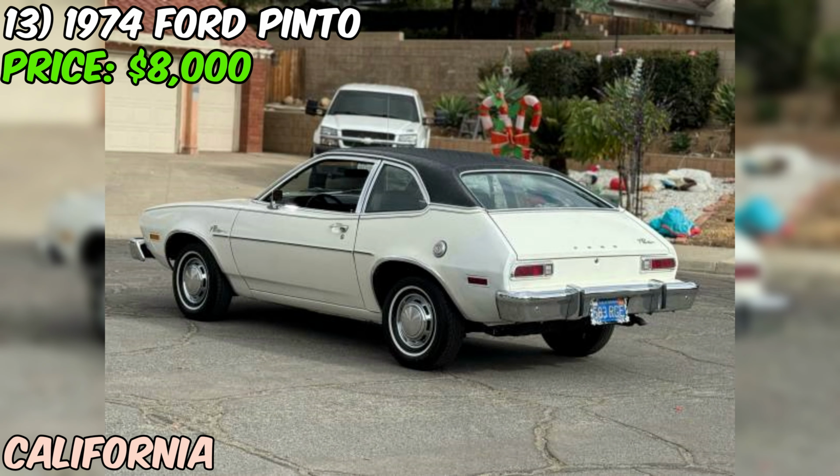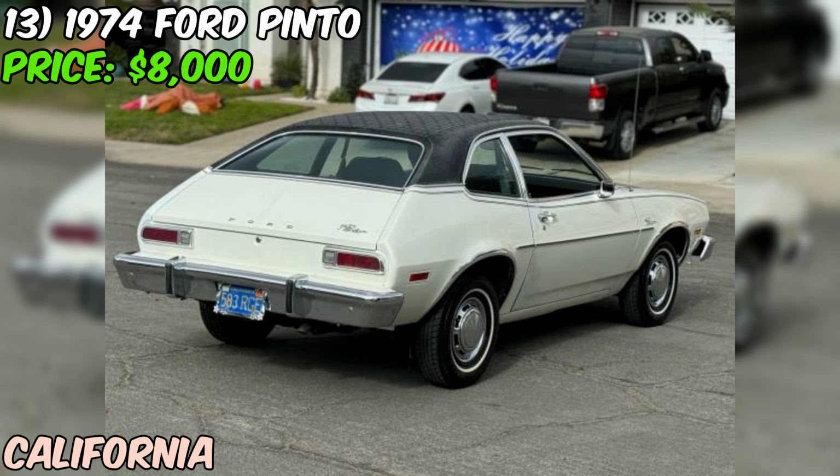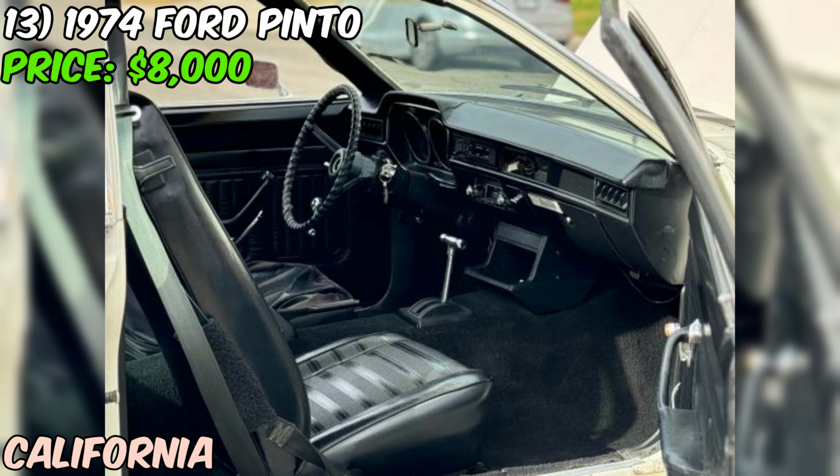Now, I know what you might be thinking. $8,000 is a lot of money for a Ford Pinto. But hear me out. This is a rare opportunity to own a piece of automotive history that's in truly exceptional condition. These cars are getting harder and harder to find, especially in such great shape. Plus, think about the gas savings. The Pinto is known for being an excellent fuel-efficient vehicle, which means you'll be saving money at the pump while